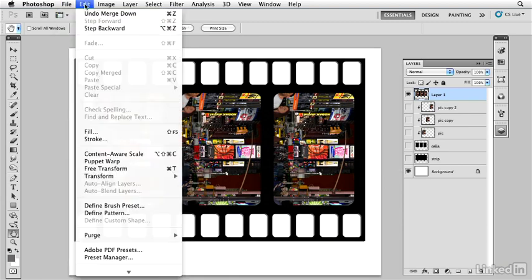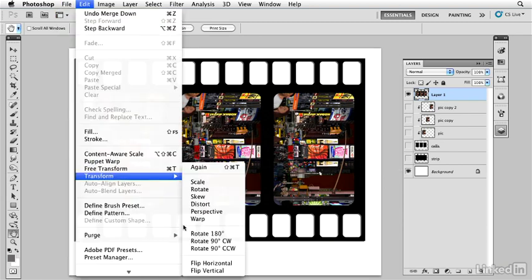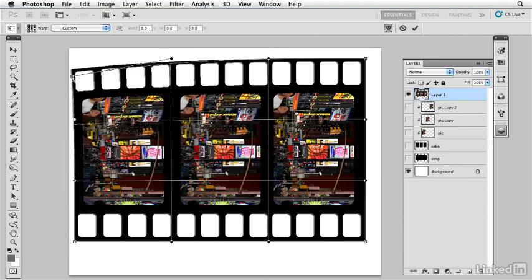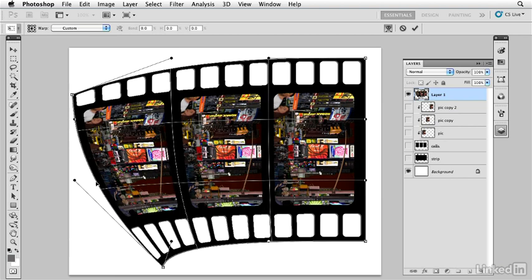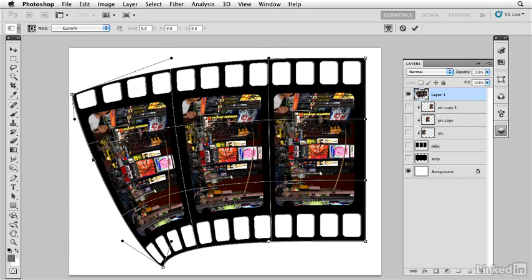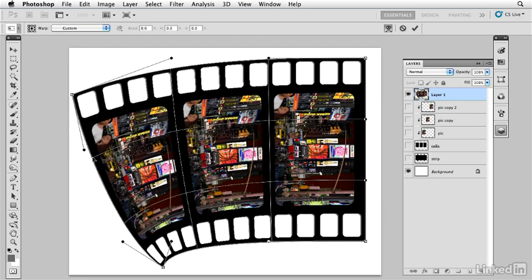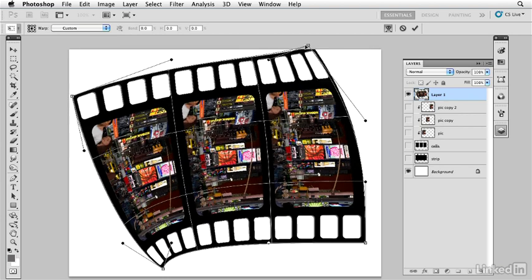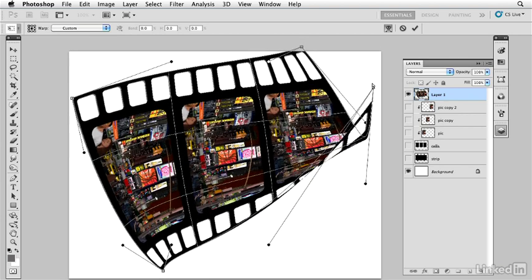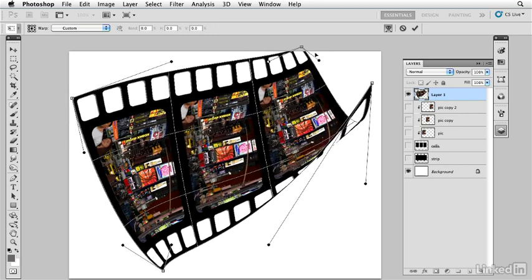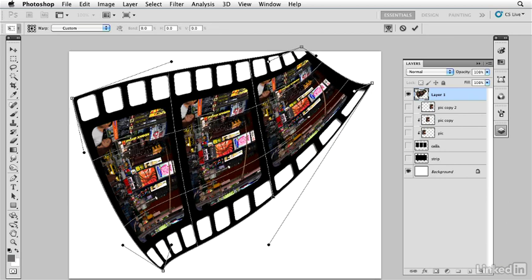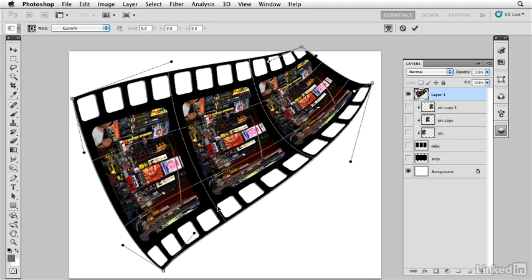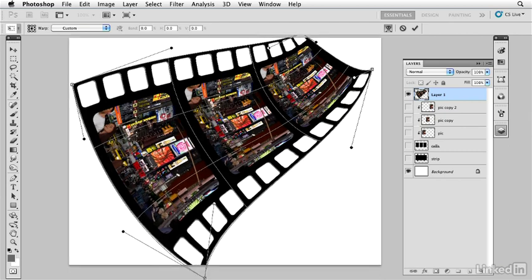So I'm going to do a little distortion on this by warping it a bit. I'm just going to drag this guy over, this guy down. Now, you notice how it's starting to stretch out? That's because this became real narrow here. So I want to make sure that these things pretty much stay fairly equidistant to each other so that they bend the way they should. I'm going to grab this guy and bring him up, and this guy way up here like this. And again, I have to manipulate these handles so that I maintain the integrity of the basic shape of my film strip. So I'm grabbing the points and moving this guy around, just like so,